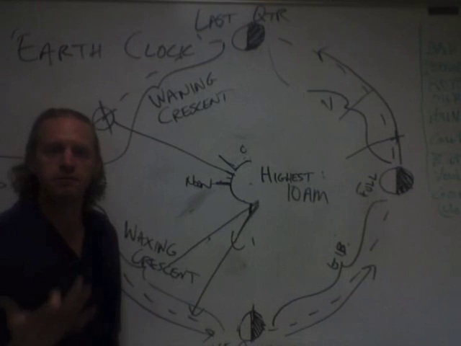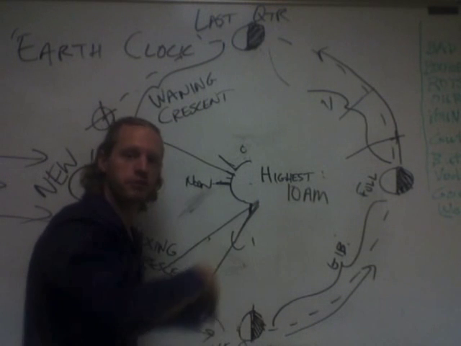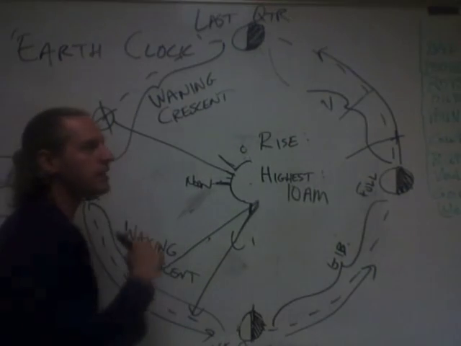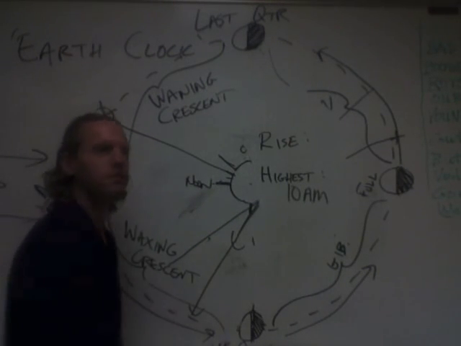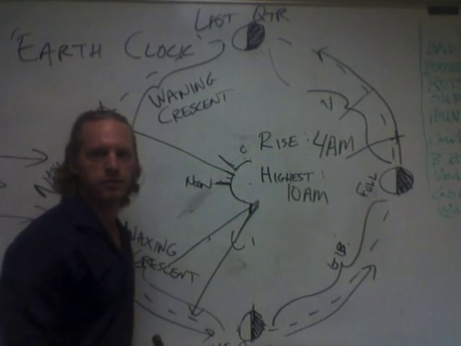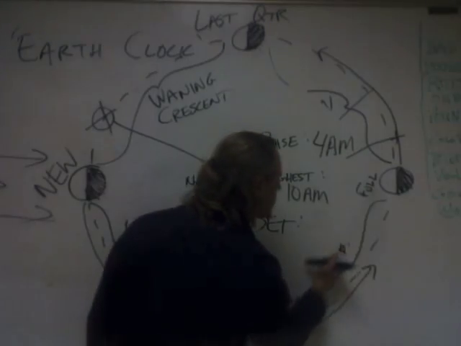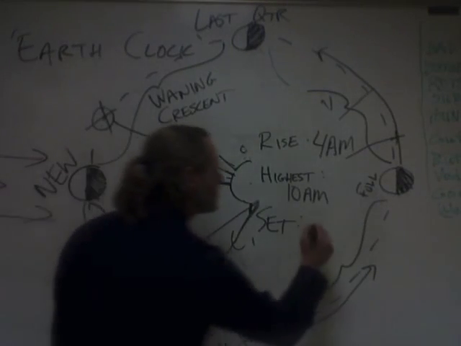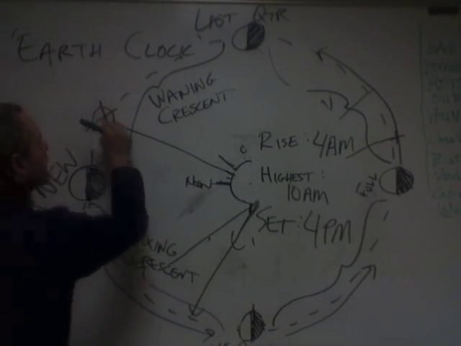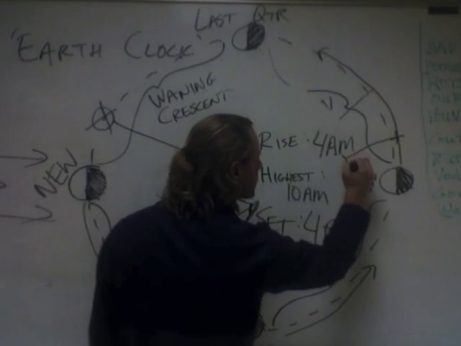So the easy way to do this, to first order at least, to a rough approximation, if you know the moon was at its highest point at 10 a.m., it must have risen 6 hours before that. So that means this particular phase of waning crescent must have risen 6 hours earlier, or 4 a.m., and it must set exactly 6 hours later, or you could say 16 a.m., that doesn't quite work. That's the same thing as 4 p.m. So a waning crescent moon at this point in its orbit, maybe just 2 days before new moon, is going to be in the sky all the way from 4 a.m., reaching the highest point at 10 a.m.,